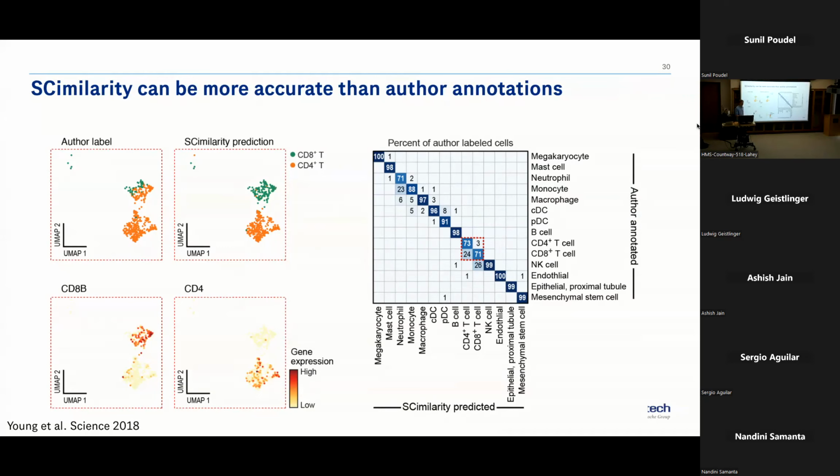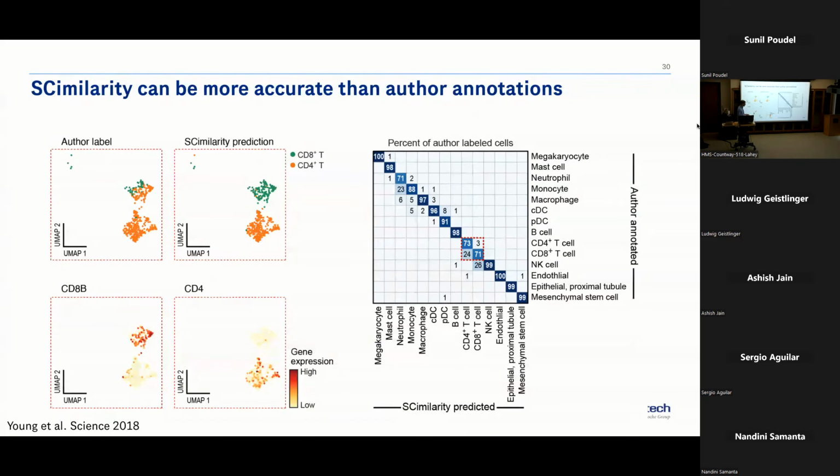So I think in a lot of cases, we're seeing these examples of where we can potentially classify even more accurately than the authors. Probably in this case, this was at their cluster boundary. And it's a hard distinction to make at the resolution that they were clustering in.